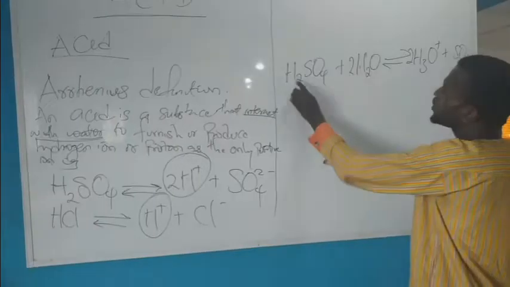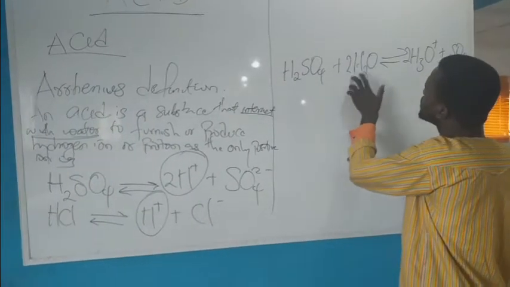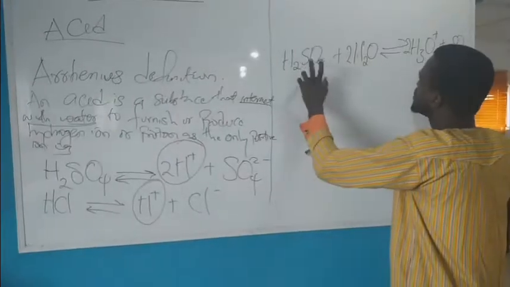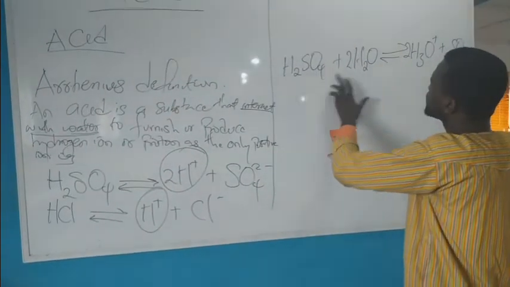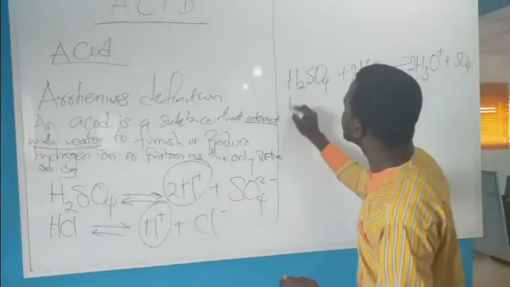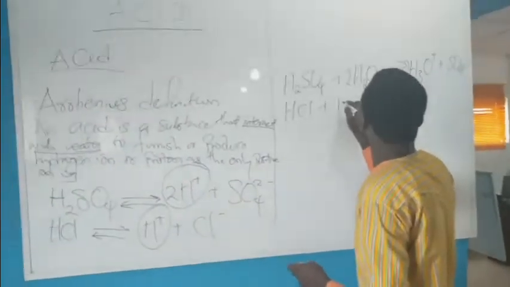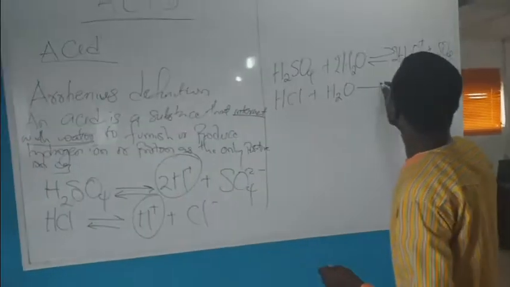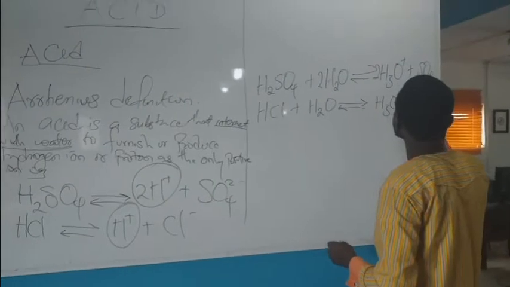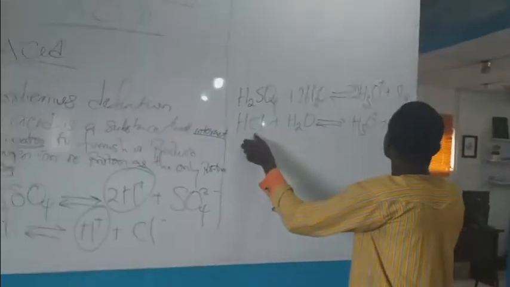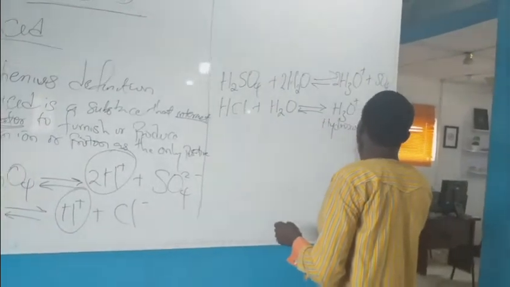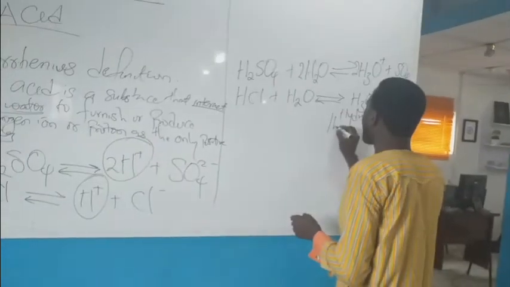Now, hydrogen here is 4. This is 2 times 3, 6, plus this 2, 6. Sulfur here is 1, sulfur here is 1. Oxygen here is 4 plus 2, 6. Oxygen here is 4 plus this 2, 6. Now, HCl plus water giving you hydronium ion and chloride ion. This is called hydronium or oxonium